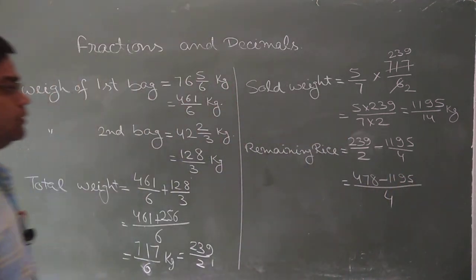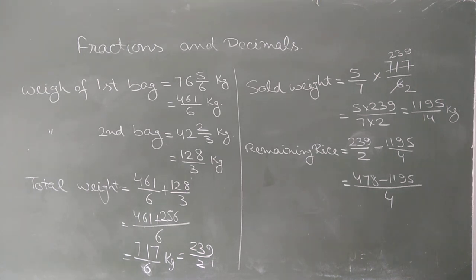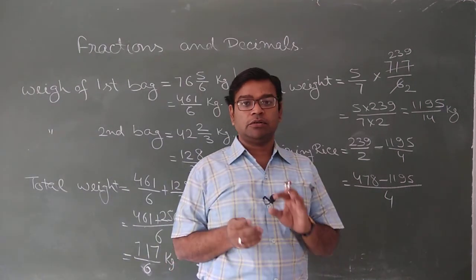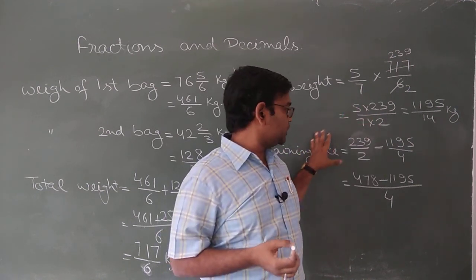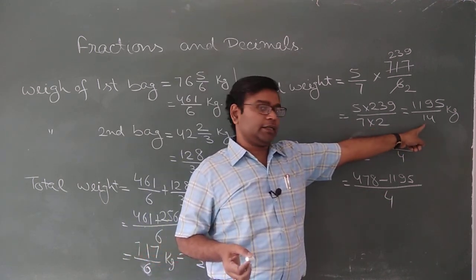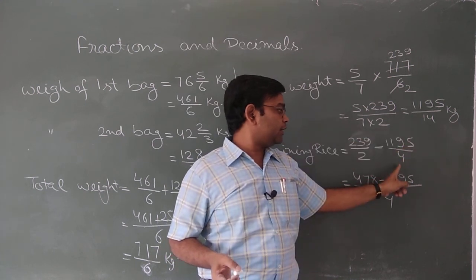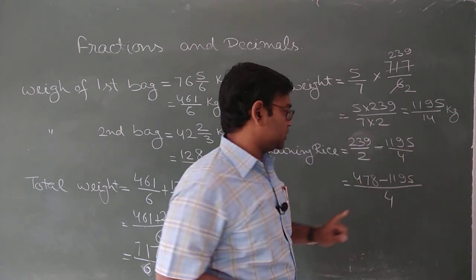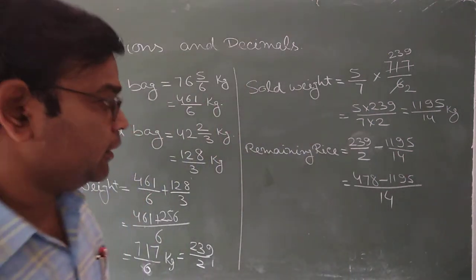Is this correct? I think it's not correct. See the complete solution and give me the error. Hope you can find the error. See, this is a common error made by you people. That's why I make such mistakes over this line. Up to this line it is correct. See this side, it is 14, but in place of 14 I have written 4. So this is a very common error. So use 14, and the LCM is 14.